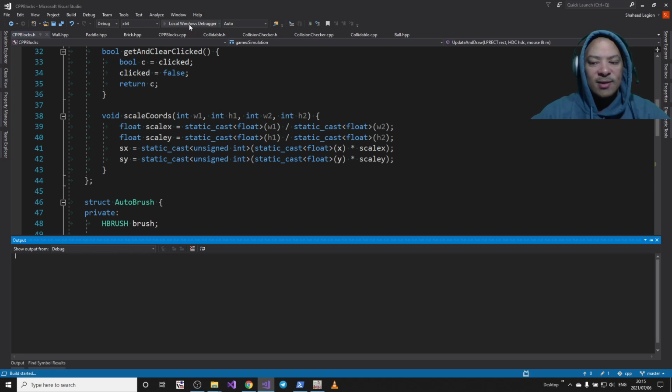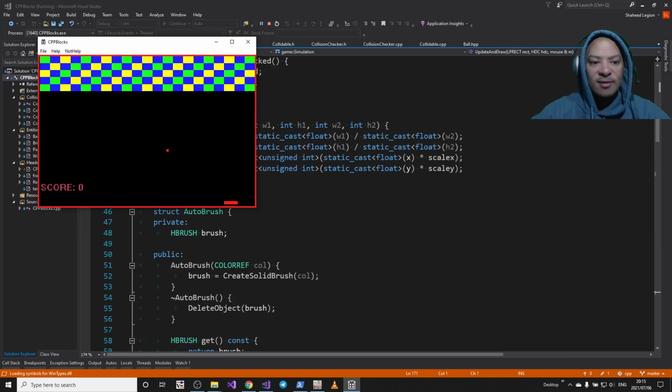Wait, was that it? We needed to move the thing and move the other thing and then refactor. So here we go. Yeah, so now in this corner the score is on top of the paddle. It's an unpleasant experience. I'd prefer for the score to be over there, but right now I'm more focused on let's get game states working. So